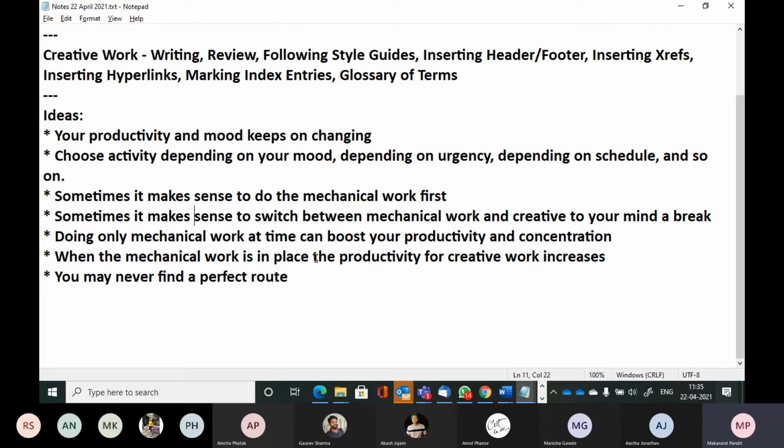And finally, remember, you may never find a perfect route. What you do at that point of time greatly depends on the priority, greatly depends on your mood, and greatly depends on the accessible resources at that particular point of time. तो आप भले डिसाइड कर लो कि मैं ना वो सर ने बोला है वैसा का वैसा एग्जैक्ट प्रोसेस करूंगा. हो सकता है वैसा का वैसा एग्जैक्टली ना हो सकता है उसमें चेंजेस हो सकता है वो चेंजेस आपको बाद में यूज करने को मिले. सो देयर मे नॉट बी अ परफेक्ट प्लेस, बट दिस इज वन अप्रोच. करेक्ट?